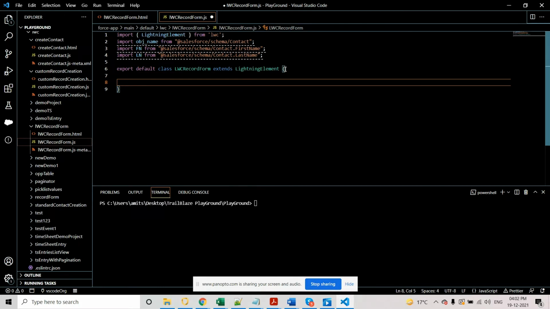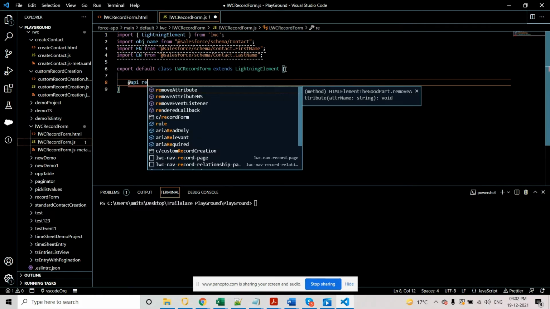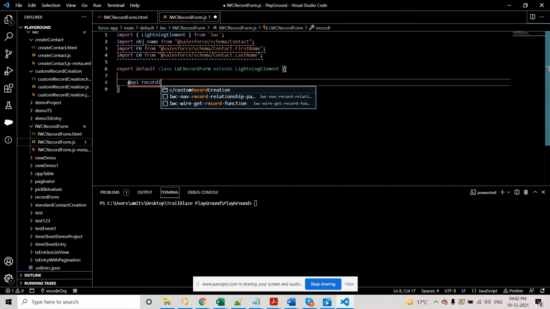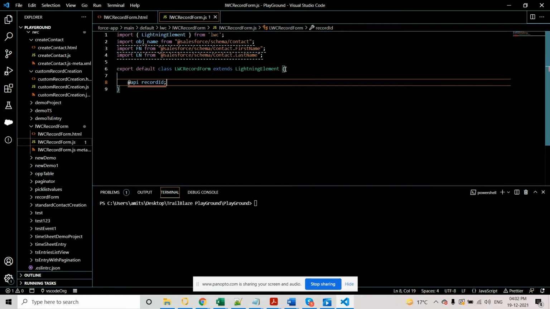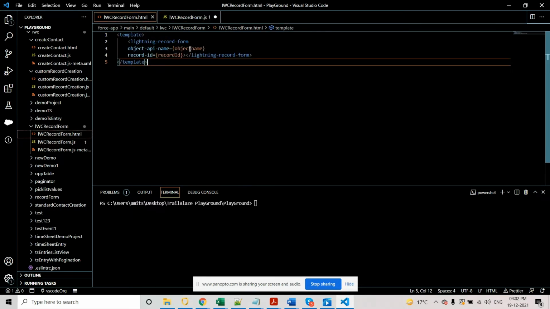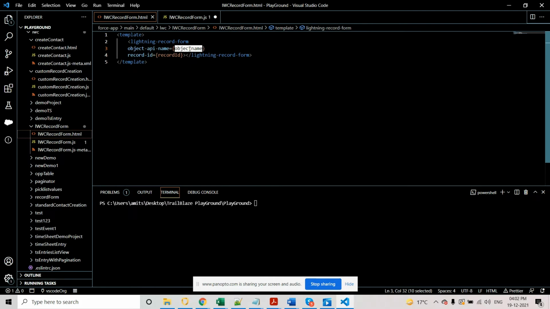Now use record ID, which we are using dynamically. So the syntax will be @api and then recordId. For the object, just come here and copy this.